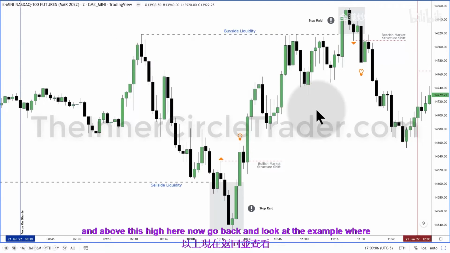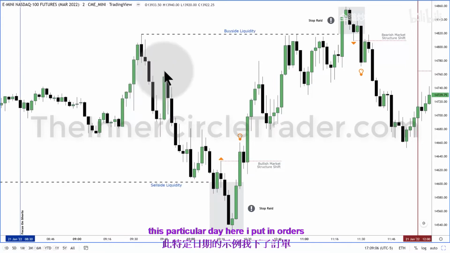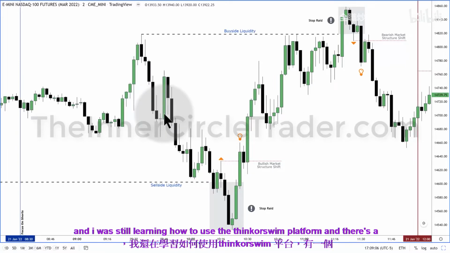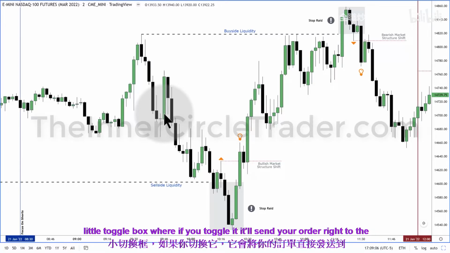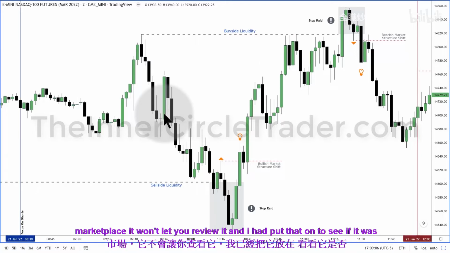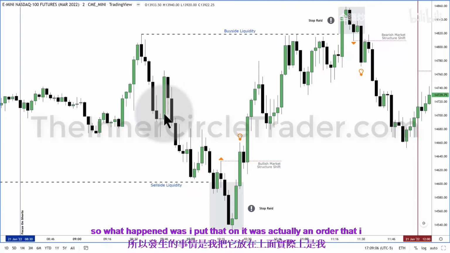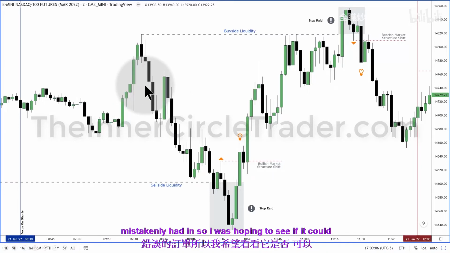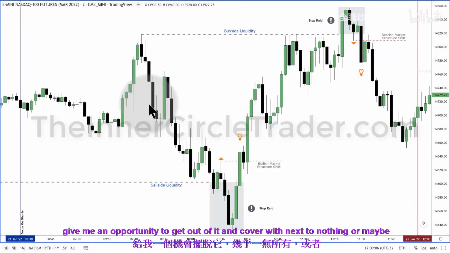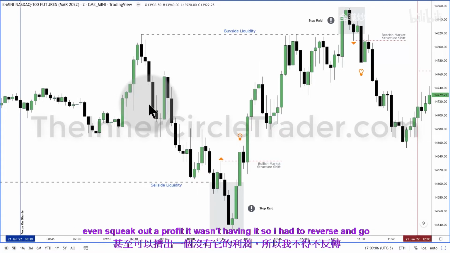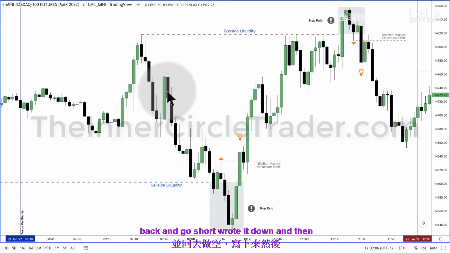Now go back and look at the example where this particular day here, I put in orders and I was still learning how to use the Thinkorswim platform. And there's a little toggle box where if you toggle it, it'll send your order right to the marketplace. It won't let you review it. And I had put that on to see if it was going to show me any kind of information on the screen, but I didn't take it off. So what happened was I put that on and it was actually an order that I mistakenly had in. So I was hoping to see if it could give me an opportunity to get out of it and cover with next to nothing, or maybe even squeak out a profit. It wasn't having it. So I had to reverse and then go back and go short, wrote it down,